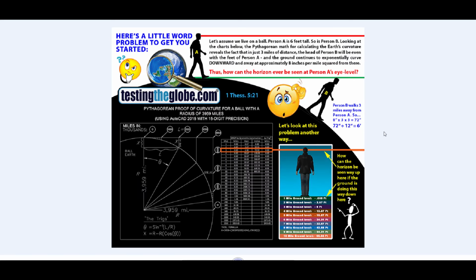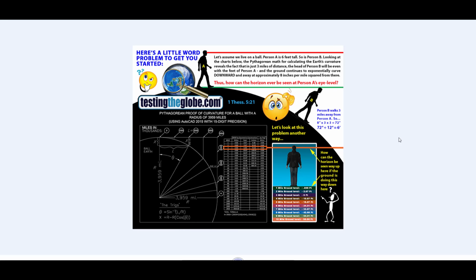Now, here's a little word problem to get you started. Let's assume we live on a ball. Person A is 6 feet tall. So is person B. So both person A and B are 6 feet tall. Looking at the charts below and the previous picture, the Pythagorean math for calculating the Earth's curvature reveals the fact that in just 3 miles of distance,